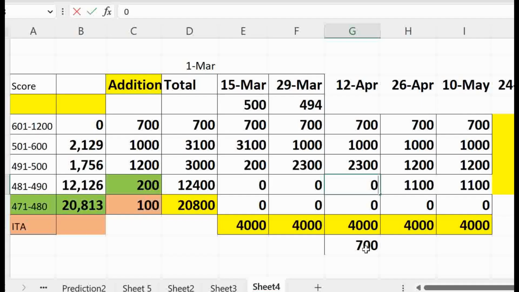If only 700 are left, that means the cutoff score should be 491 or 492. So let us write it as 492. So the cutoff score here should be 492. Then in the next slab,